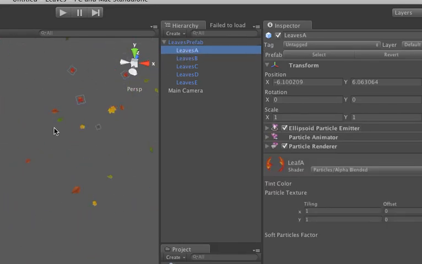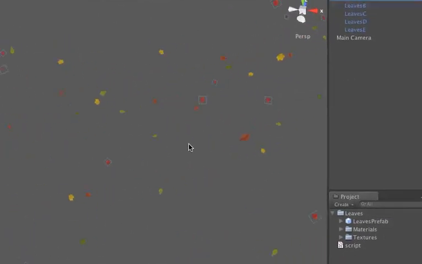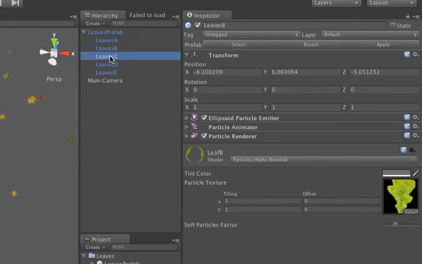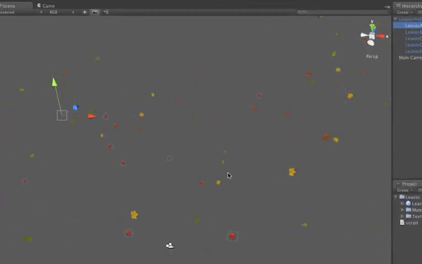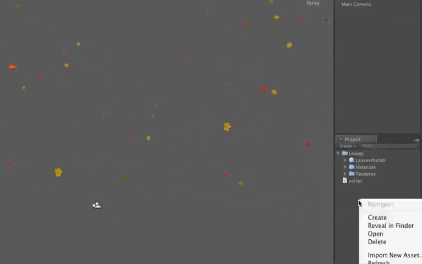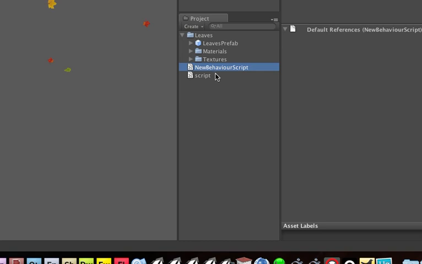So if you want to, for example, change one of the leaves' speed or what have you, then you just select one of them and tweak its variables. So let me mess around with the red leaves here for a second. There's red and orange, and if I wanted to, for example, slow down these instead of going by so fast, I'm just gonna create a new script, and I'm gonna call this script damping, to sort of damp the movement